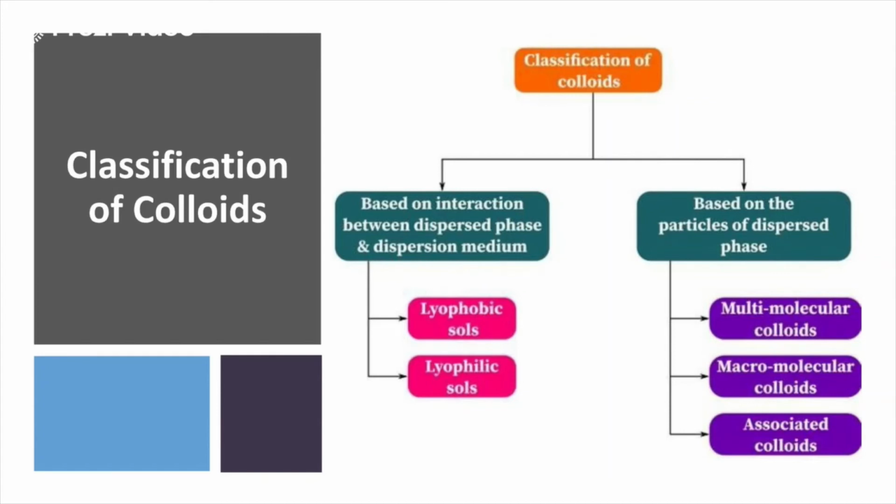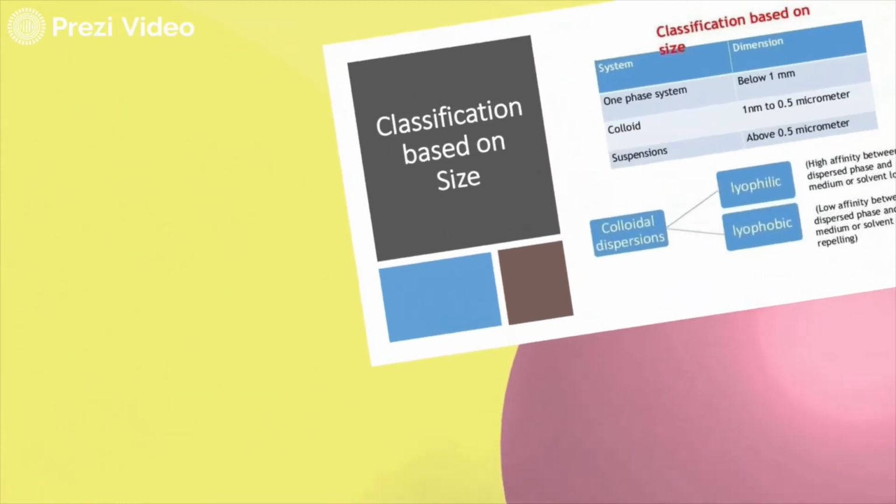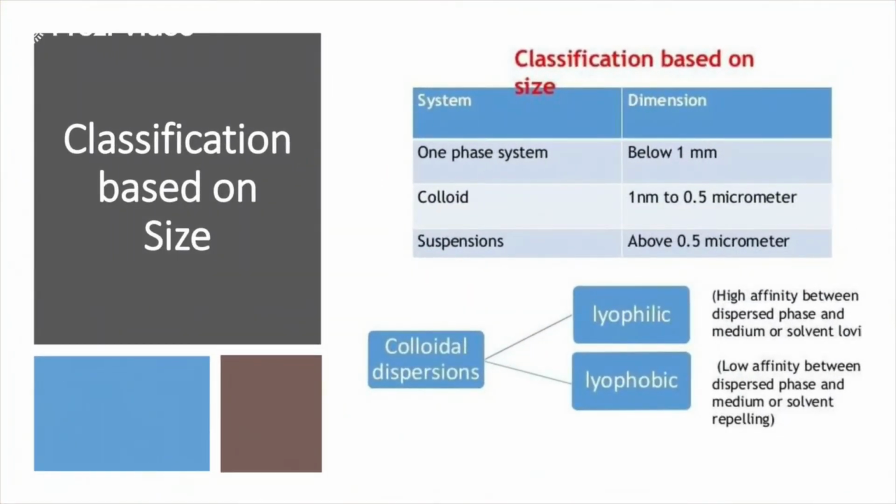The classification of colloidal dispersion is mostly asked in the examination. You should always remember that you have to study critically about the associated colloids also, because here comes the role of the micelles. Then you have to discuss the Kraft temperature and also the cleaning mechanism in the detergents. Now you can understand clearly what is one phase, solution, suspension, and colloid lies in between these two phases. So it is a monophasic system where a particle size ranges from 1 nanometer to 1000 nanometer.